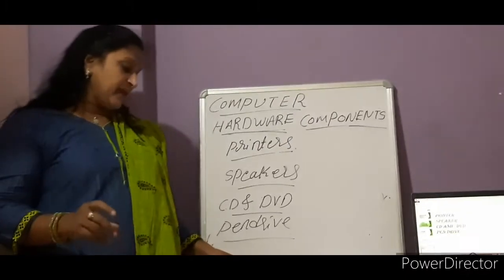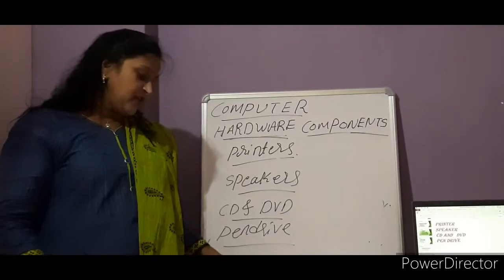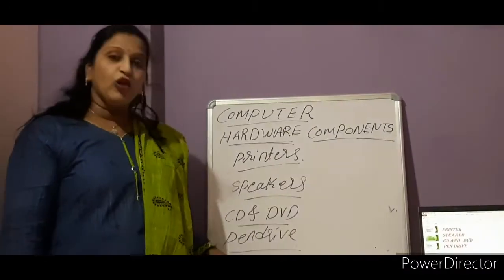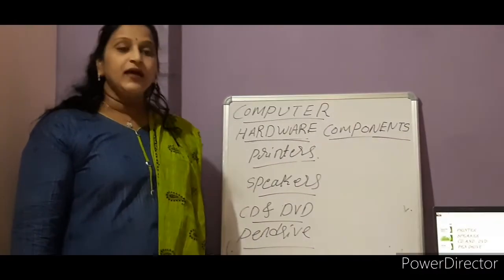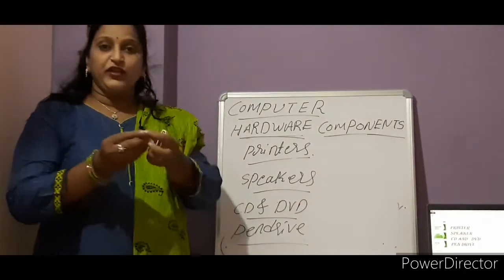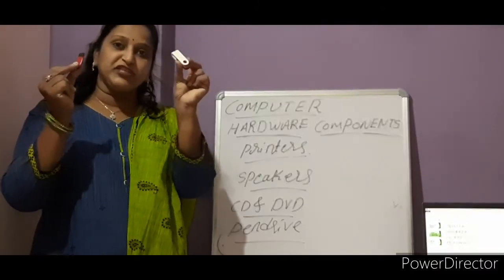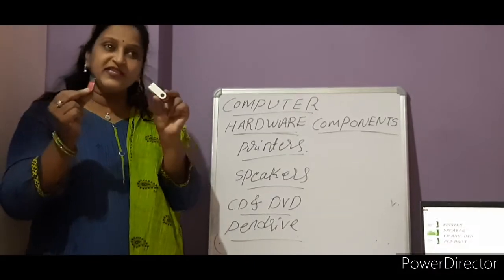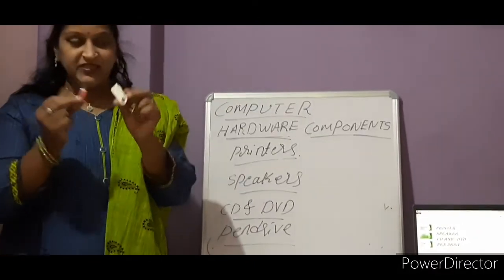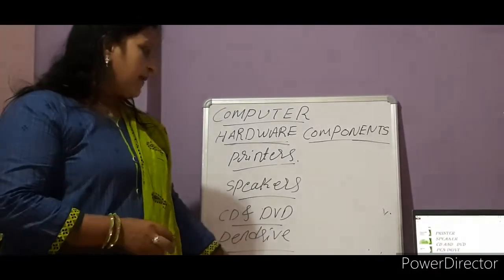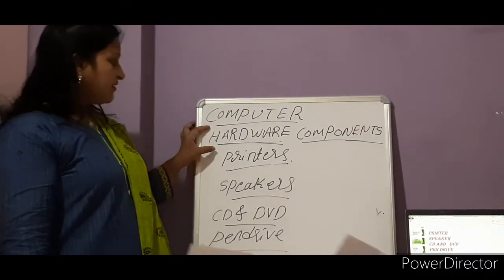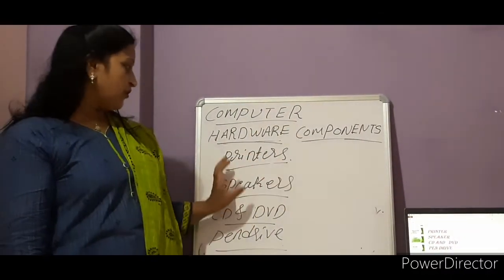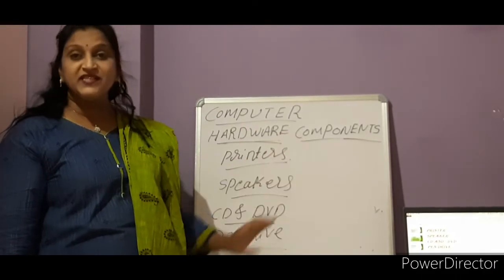That's why we say that the pen drive is a very small device, but it is a very good device. So we always carry pen drives when we go places. We can keep more information in the pen drive; 256 GB we can load and store. By this I end the hardware components of the computer chapter.